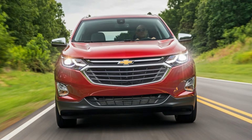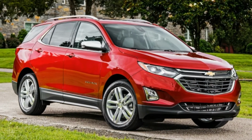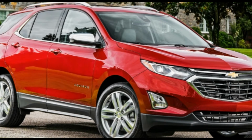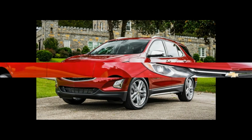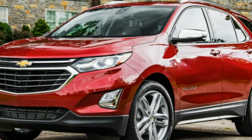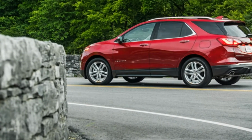It doesn't transform the Equinox into a tall hot hatch, but you'll never struggle to pass people or get up to speed on highway inclines. Power delivery is smooth without much turbo lag. The motor is also quiet around town and while cruising on the highway, but at high RPM, it elicits some droning noises that pervade the otherwise relatively quiet cabin. It's unlikely many drivers will frequently experience high RPM,